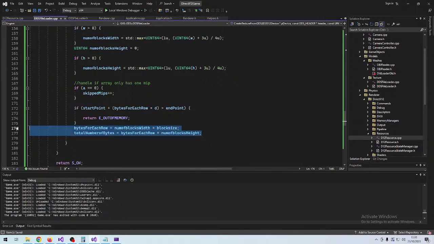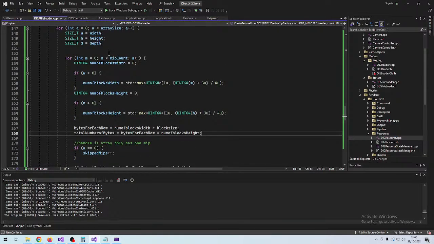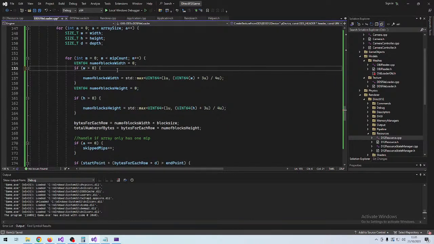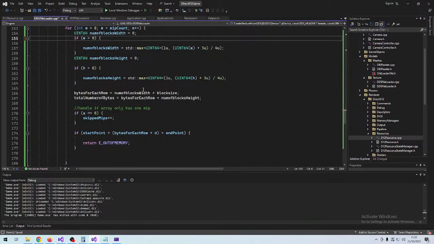Let's see, we should recalculate the number of blocks. Rather, we actually need to